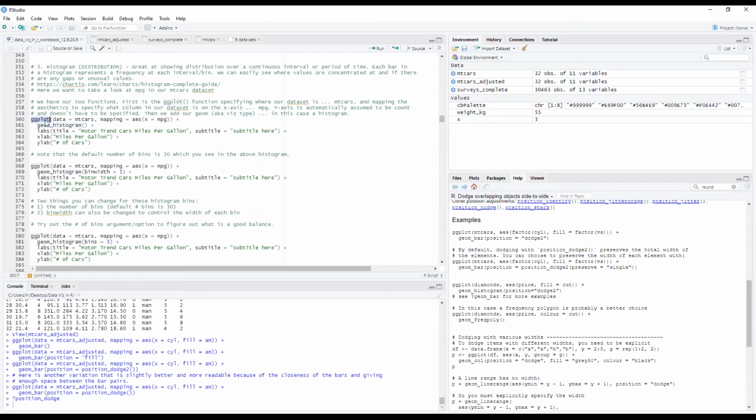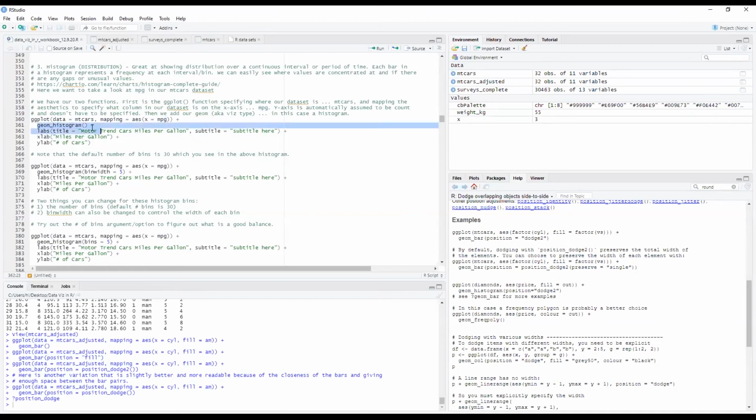And so once again, we have our ggplot function. We're telling it that we want to utilize our mtcars data set right here, data equals mtcars. Mapping equals aesthetics, we need to specify if anything is on the X or Y axis. So in this case, we're going to take a look at miles per gallon and the distribution of our cars by miles per gallon.